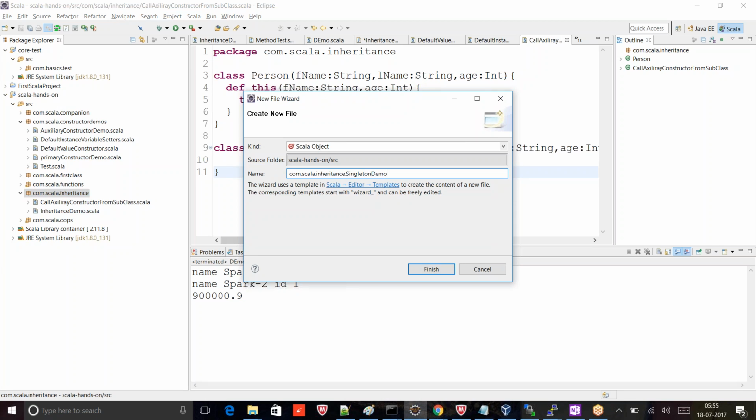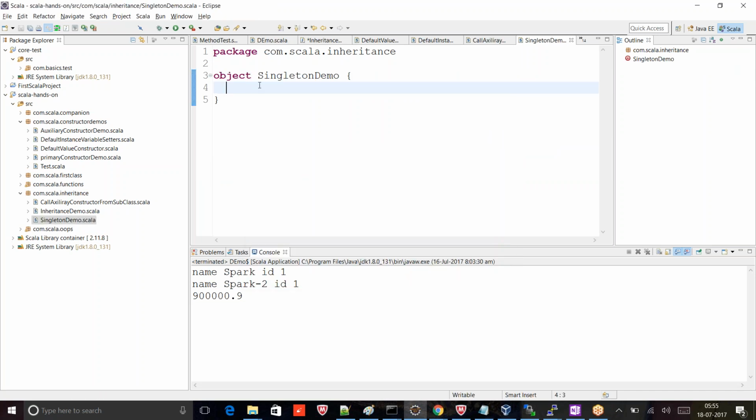Singleton demo. And this, I should have a class. By default, if you use the object word in front of any class, it is a singleton, right? Here, object is a singleton. But if you want to write your own singleton class, what we will do, we will go with the